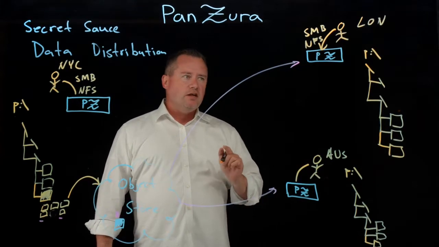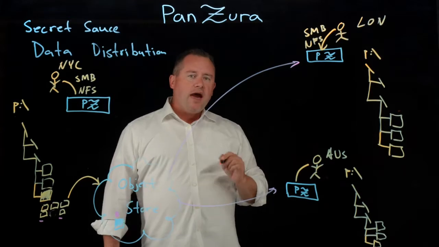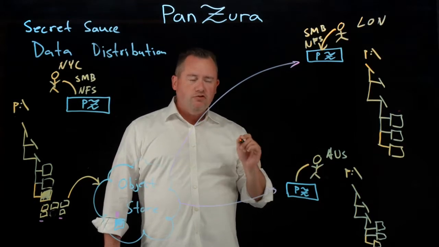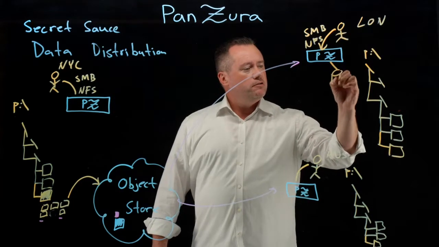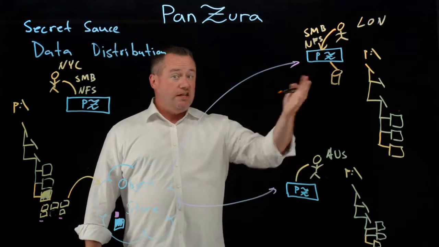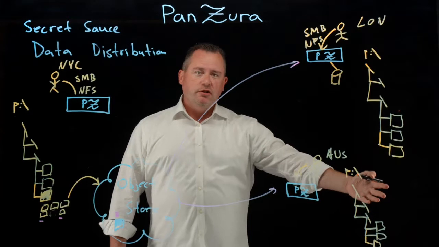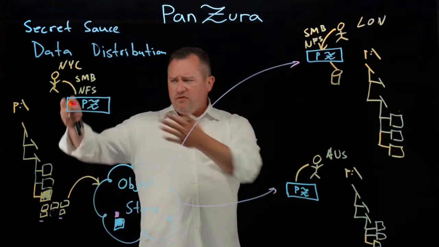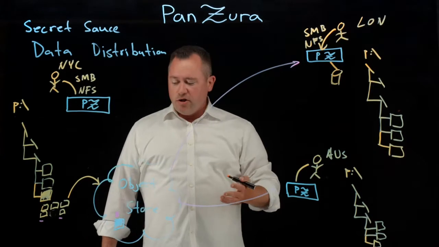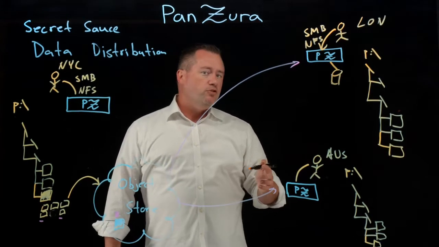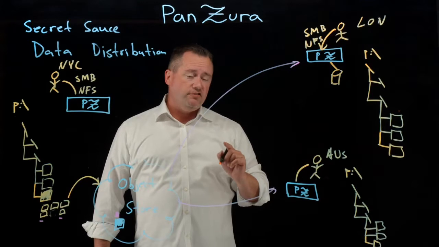But now let's look at it. Now let's assume this user in London actually needs to use that data. Well, the first thing that's going to happen is we've got our local cache here. If it's in cache, we're going to serve it out of cache. But if it's not in cache, and this happens, this guy updated something new, there's a couple components that might not be in cache. What we're going to do is we're going to look for the blocks that need to be moved. We don't move files, we move blocks that are necessary.